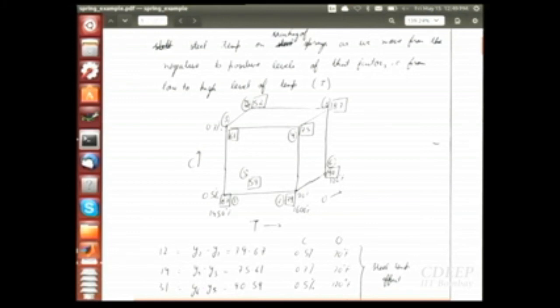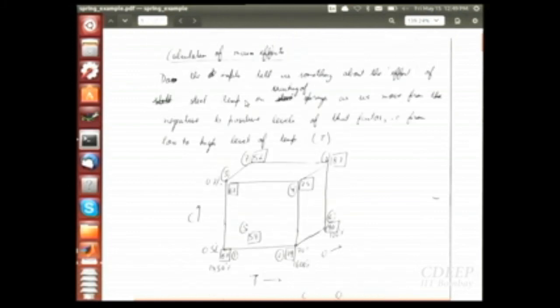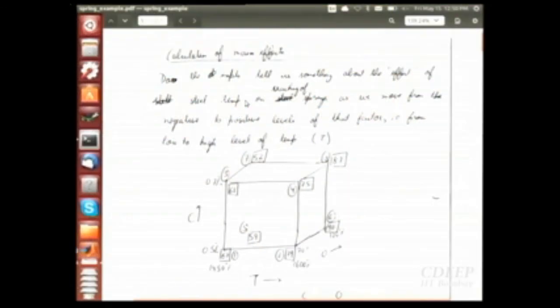Okay. Using this, can you tell me if I increase temperature from the low value of 1450 to 1600, what is the change in your y value? How will you tell that? That's the question. Can you answer this question? Essentially, it is the derivative of y with respect to T. Okay. If I increase temperature from a low value of 1450 to a high value, what is that effect going to be?